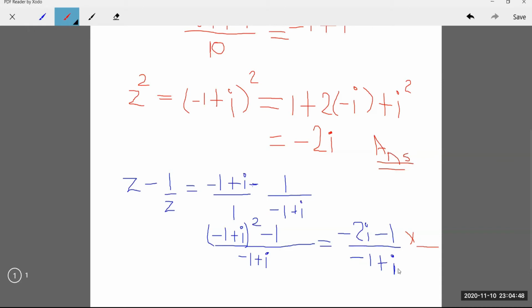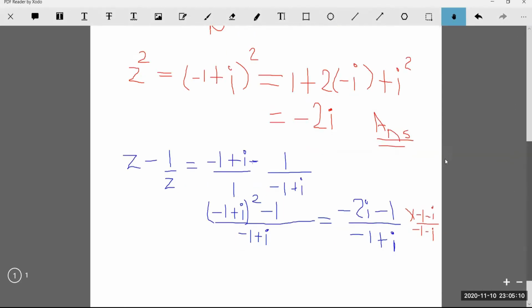What would be the conjugate of this? -1 minus i, sir. Very good, beautiful. -1 minus i. So that's the conjugate, -1 minus i is indeed the conjugate. So now that we have the conjugate, let's just multiply these two